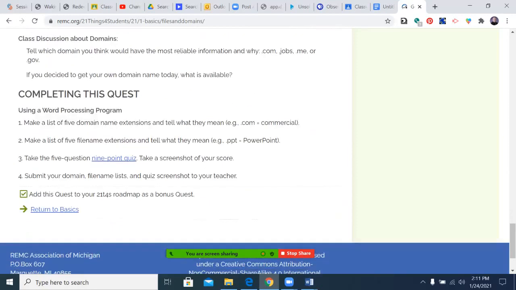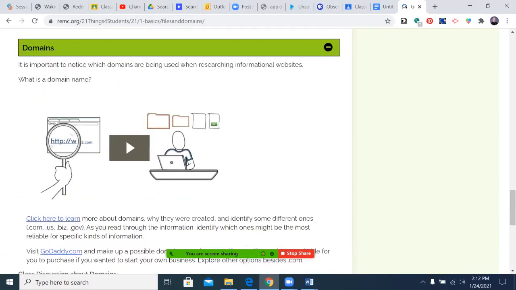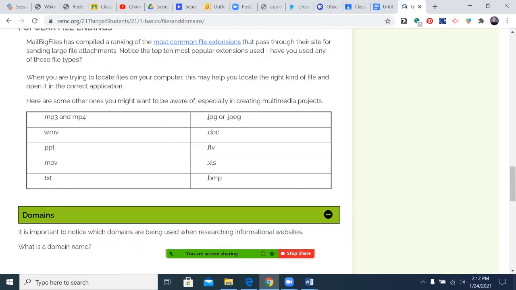At the end, what I want you to do is to take the 9-point quiz and then take a screenshot of your score. You can do that using your device or even a cell phone, just taking a picture, and then send that to me at mireland@sagchipschool.net or text that picture to me at 989-750-1640. So this is a relatively short one compared to some of the others,